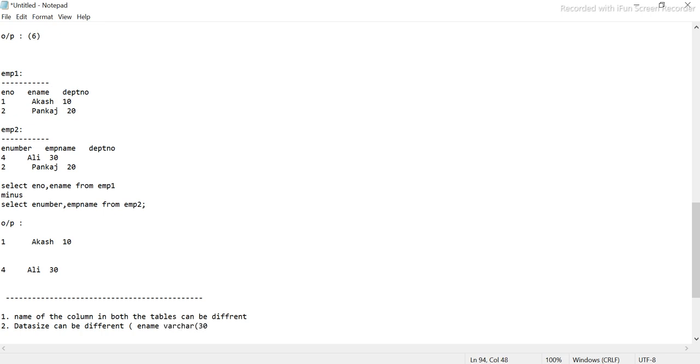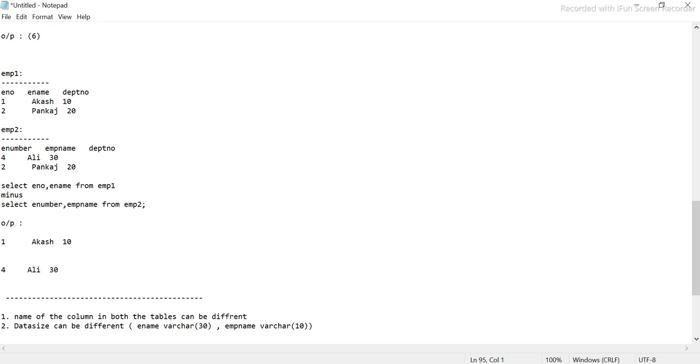But in the EMP2 table, I have EMP name, which is perfectly all right, and if I say varchar 10, this will also work fine. Data size can be different, there is no problem.